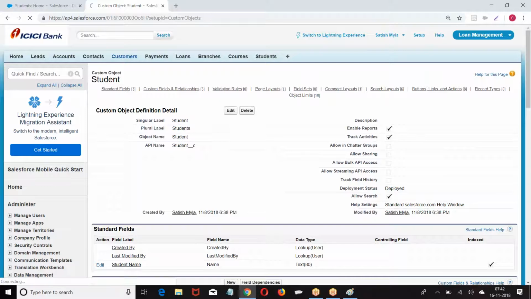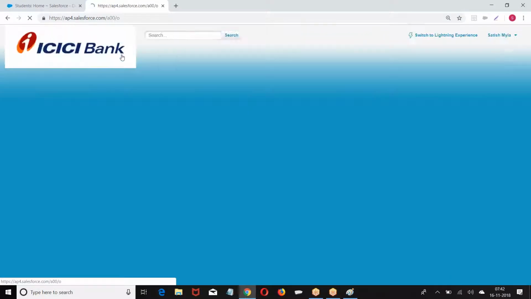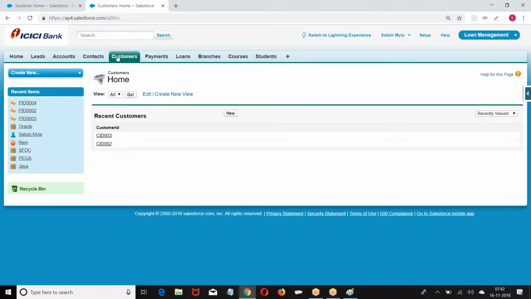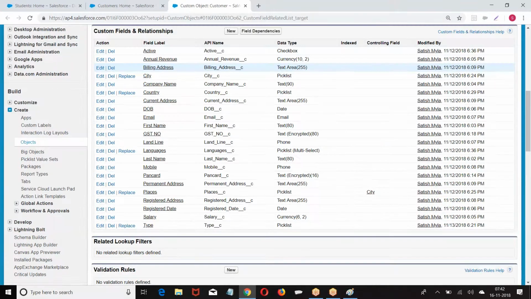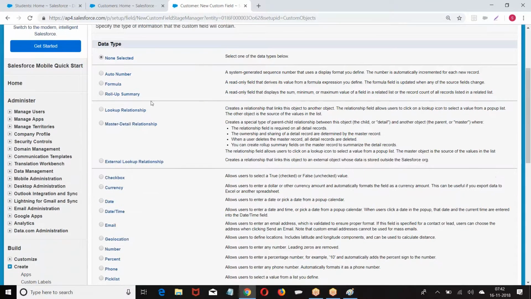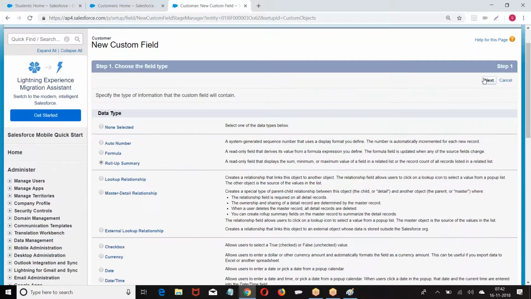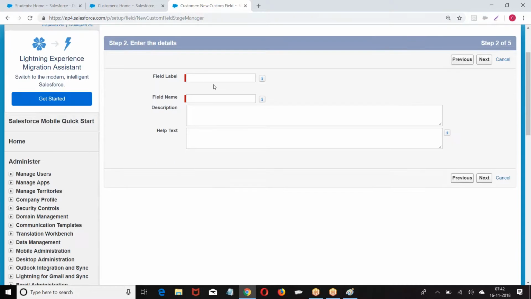Look at this. I have made customer and payment. On the customer object, I am making a new field. What is the data type we had? Roll up summary.